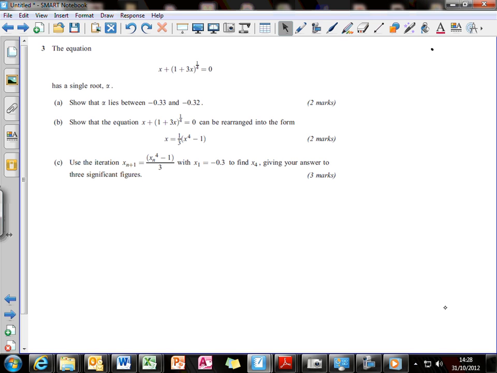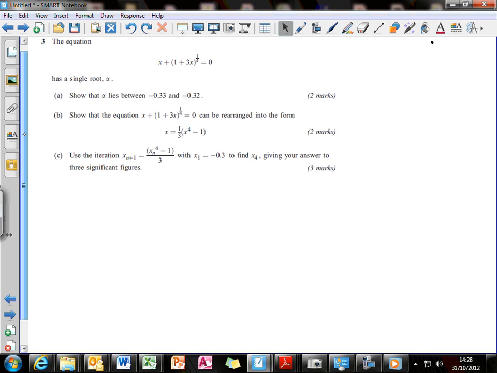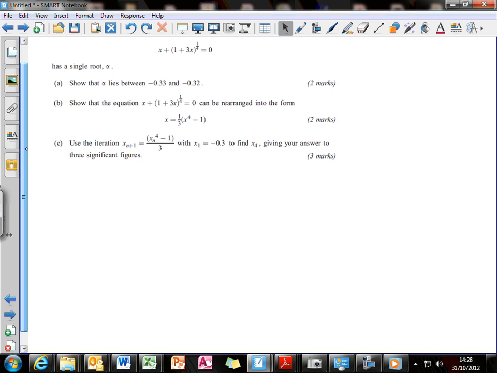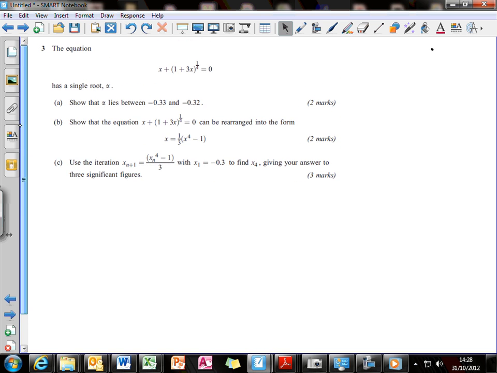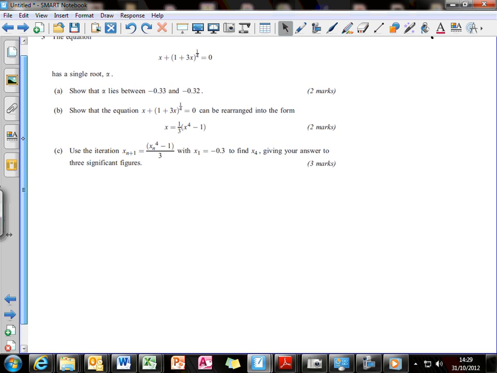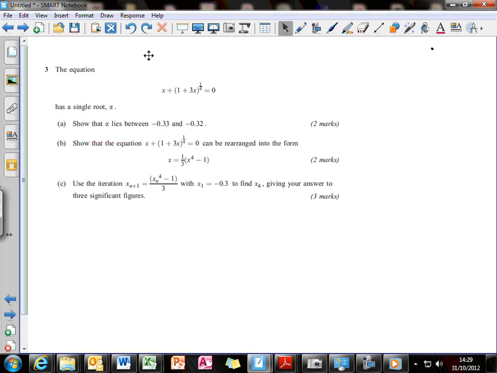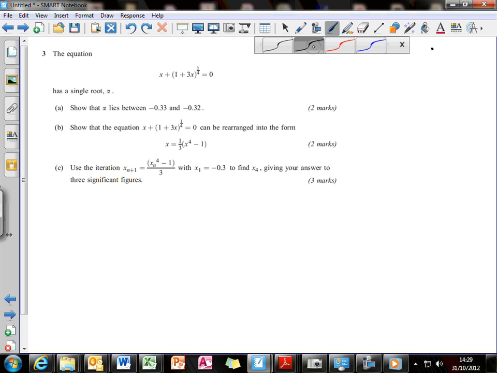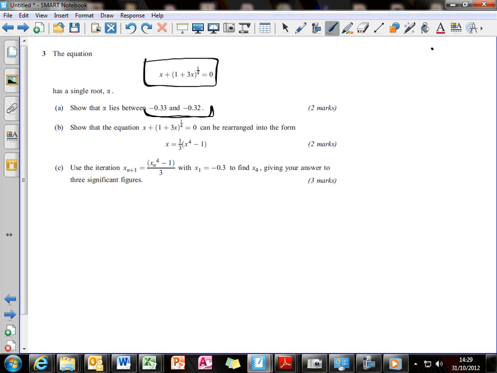Okay, so now we're looking at question 3, which is going to be a numerical method sort of question. So firstly, we want to be showing that this equation here has some sort of root alpha, and the root is between these values here. Okay, so the way this works is if we've got some sort of function